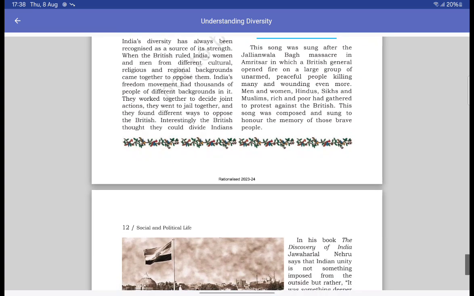So when these people died in Jallianwala Bagh, the whole country was in uproar because they felt this connection with another human being. They felt the connection of a human to human. They did not feel the connection of any caste, any religion, or any kind of ethnicity. They did not feel that they should support only their caste. They felt that they should support them as a human being, because what happened to those people can happen to themselves as well. Like this tragedy can happen with them as well. And then where would they go if they do not support these people? This thing can happen with their children as well.